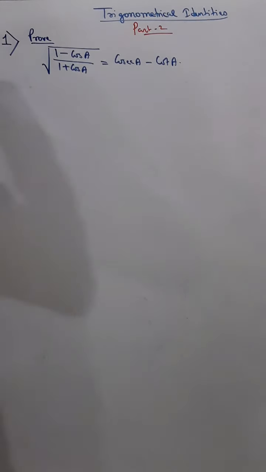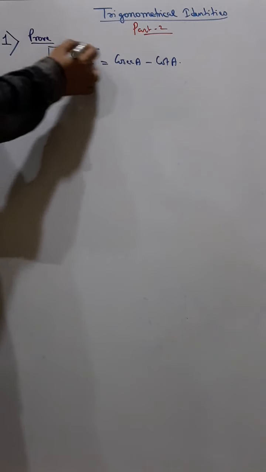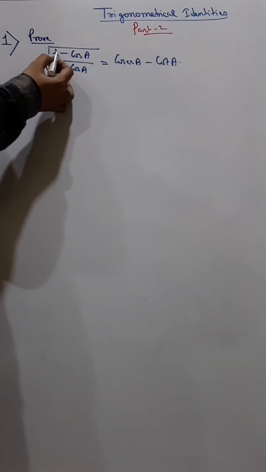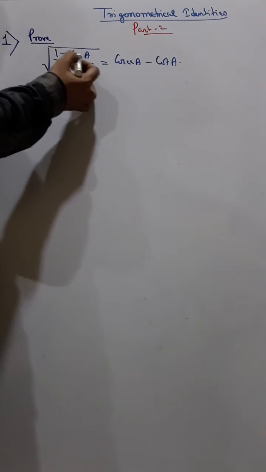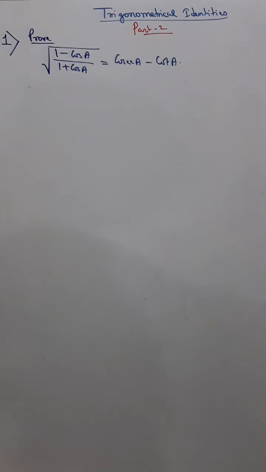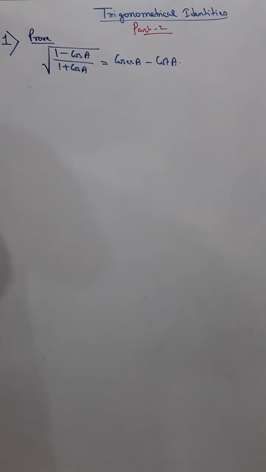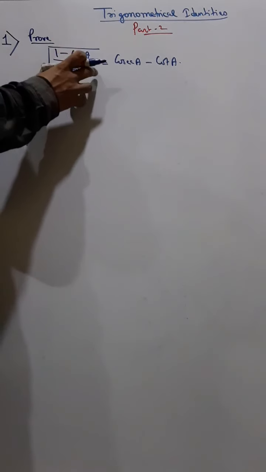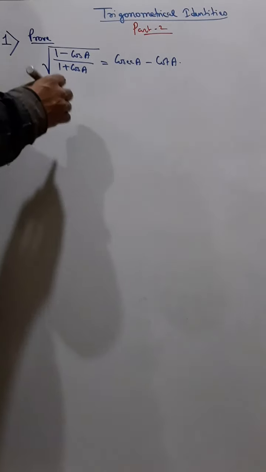Okay, now see in this sum, when you find this type of sum, so when you have 1 minus something, then 1 plus something, say 1 minus sin A, 1 plus sin A, 1 minus cos A, 1 plus cos A, like this type of sum, that means you should do that sum by rationalizing the denominator. Okay, rationalization in fact.